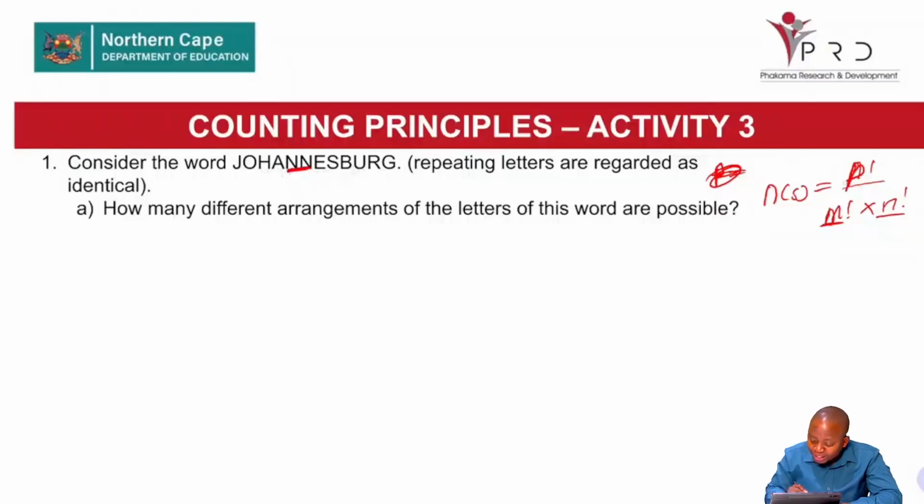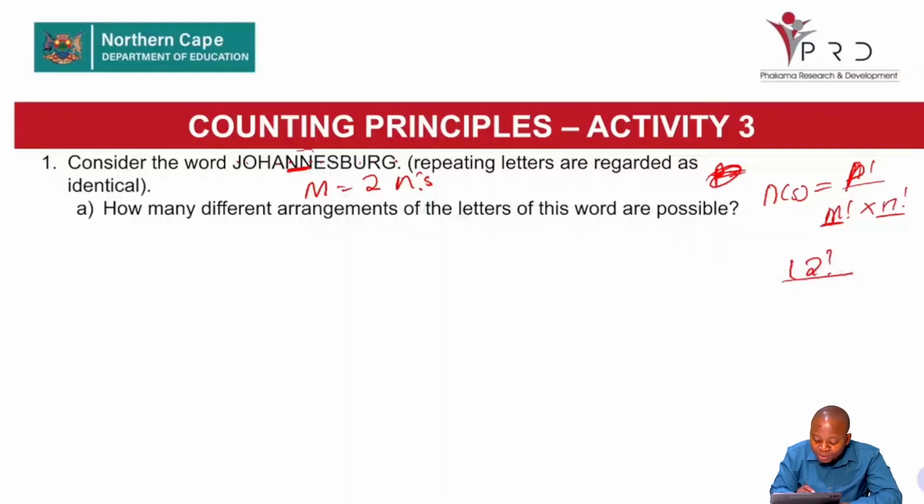So we only have one letter repeating. You can say our M is 2. We have 2 N's. So that means, how many letters do we have in Johannesburg? 1, 2, 3, 4, 5, 6, 7, 8, 9, 10, 11, 12. So it's going to be 12 factorial, which is the total, over